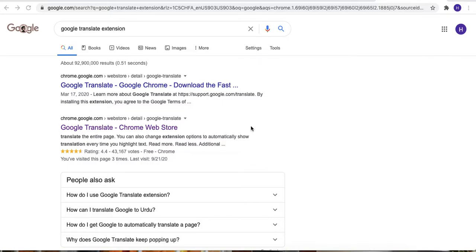In this video, we are going to walk through the steps to take to install a translation extension to your Chrome browser. There are many of these extensions available and most of them are free. You can find one you like through a Google search. Once you find an extension, simply click on it from your Google results and you'll be brought to a page